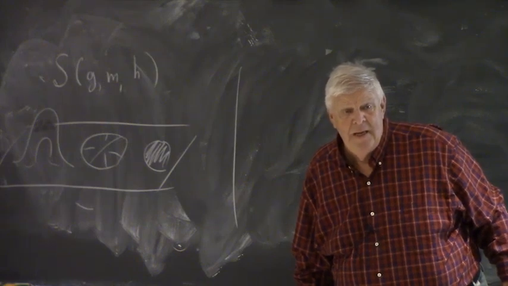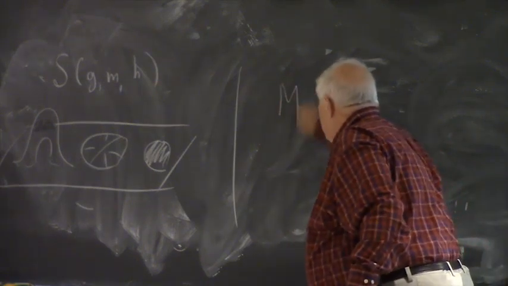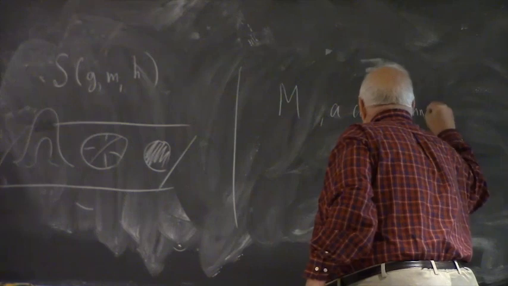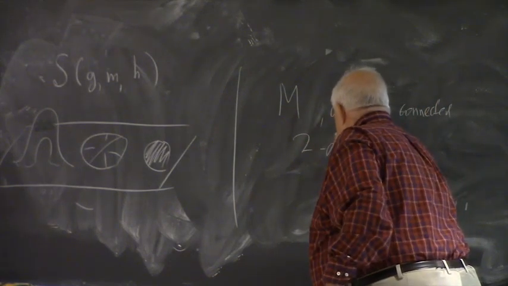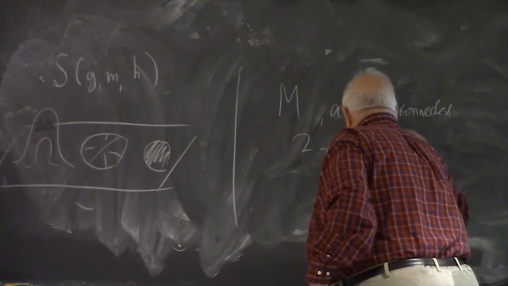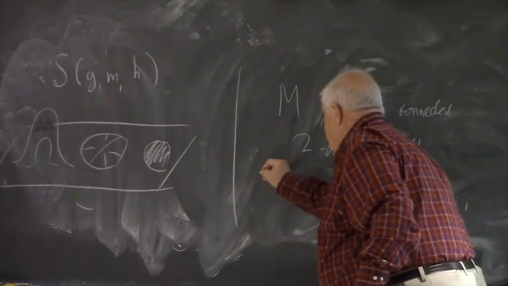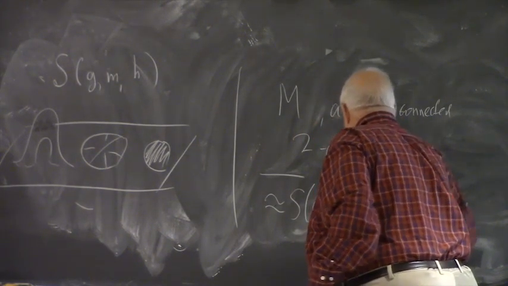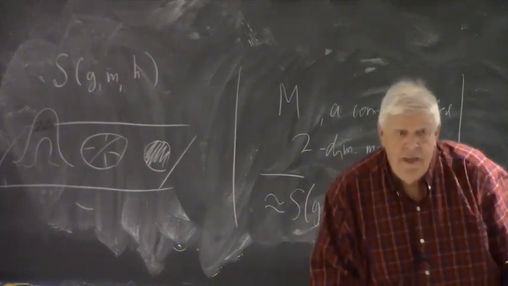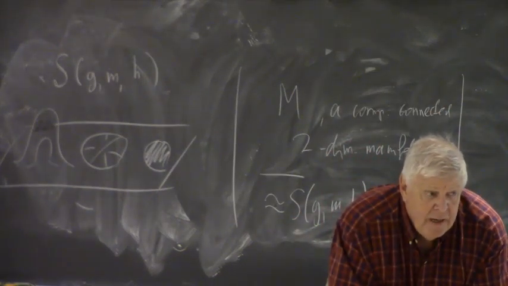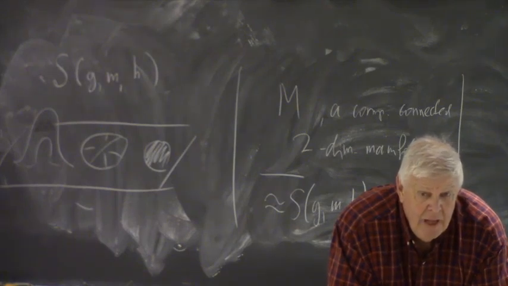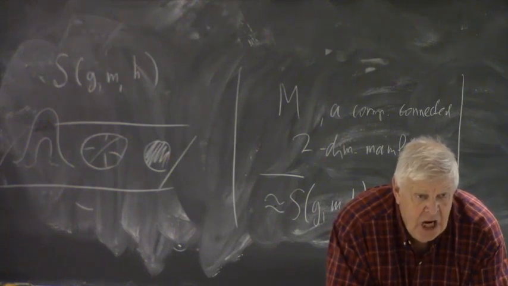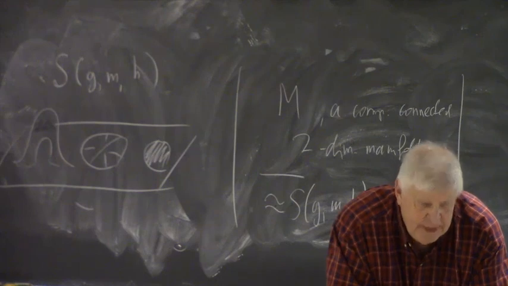Now you can easily understand how the Morse theory can be applied to proving this theorem. So M is a two-dimensional, compact, connected, two-dimensional manifold, and I want to prove that this is diffeomorphic to some S, G, M, H. So what I do, as usually done in the Morse theory, I fix a Morse function on M, which, as we discussed last time, is constant on the boundary, if there is a boundary,